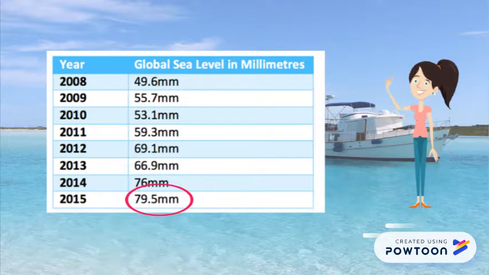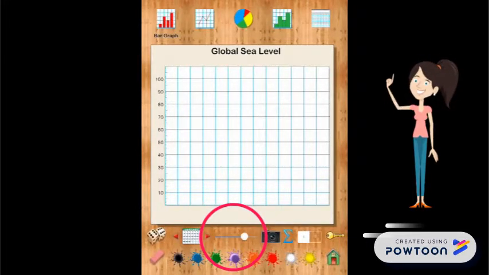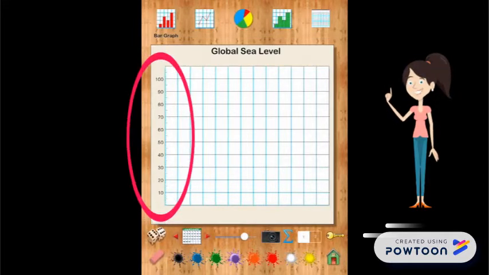that's right, 79.5 millimetres. What we need to do is change our graph range to make sure that when we put in the data, it won't be missing on the graph. You can do that by moving this icon to the right like I did. Great! Now our data ranges from 0 to 100, which means all of our data will be shown on the